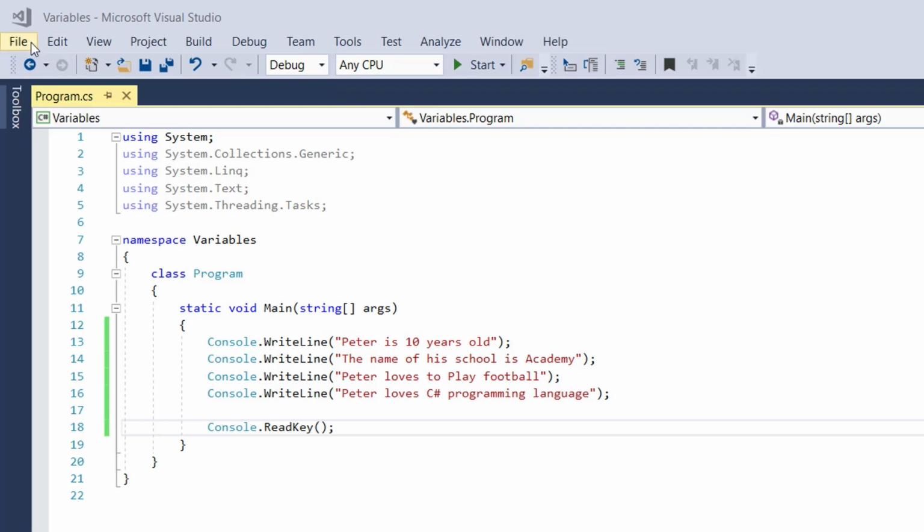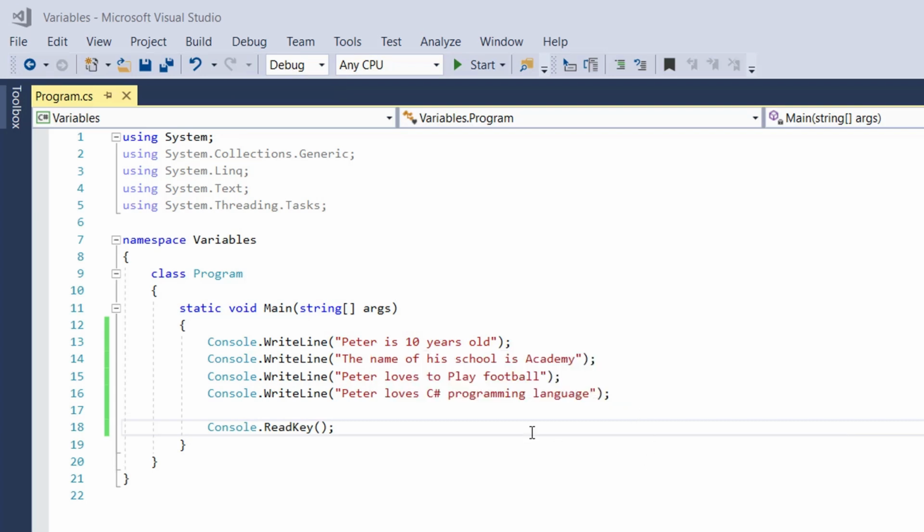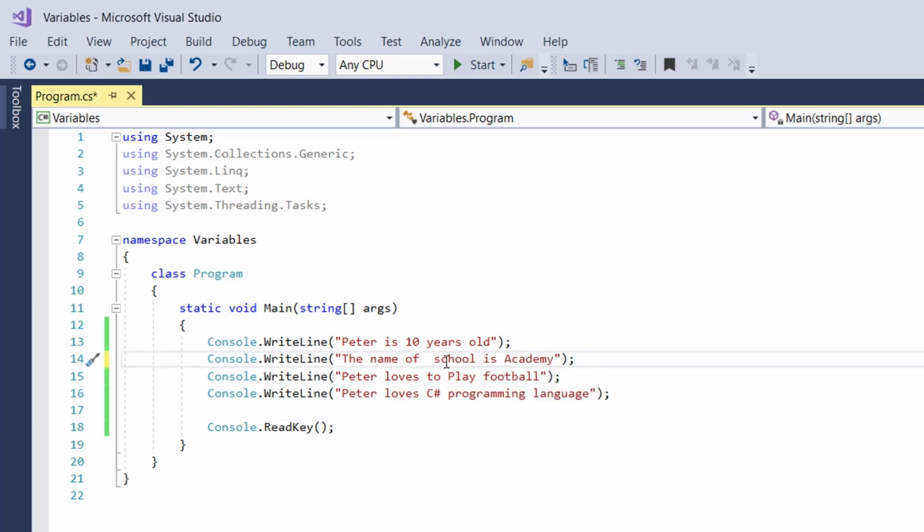Now let's go ahead and look at an example right here. Let's say Peter is 10 years old, and the name of Peter's school is Academy. Peter loves to play football. Peter loves C# programming language. Now if we go ahead and run this code,